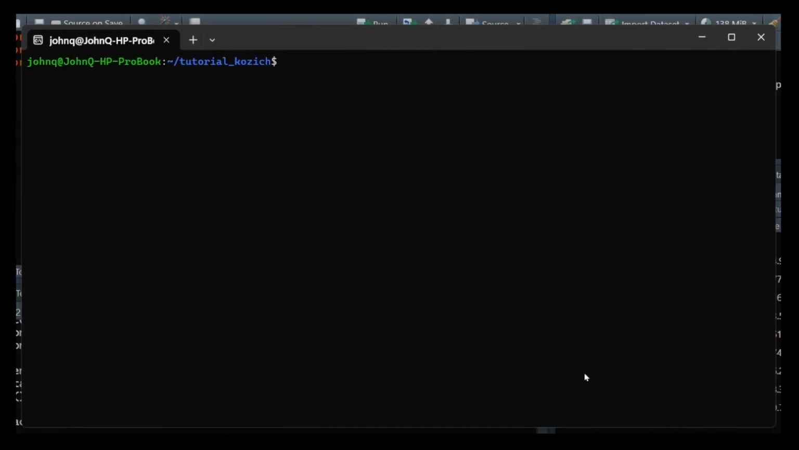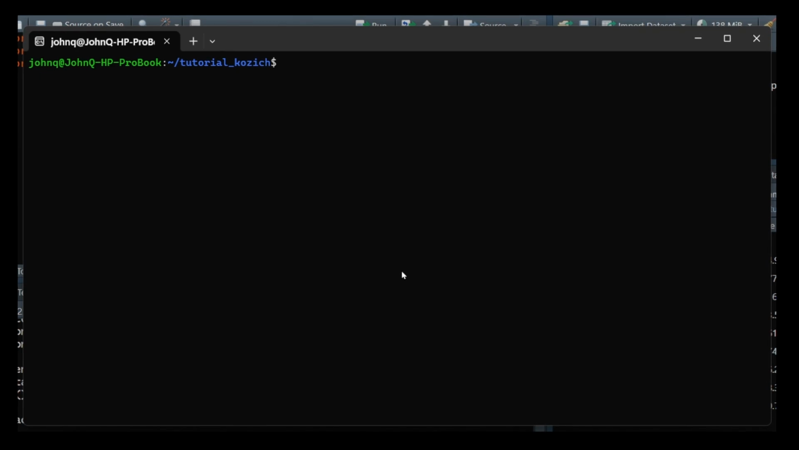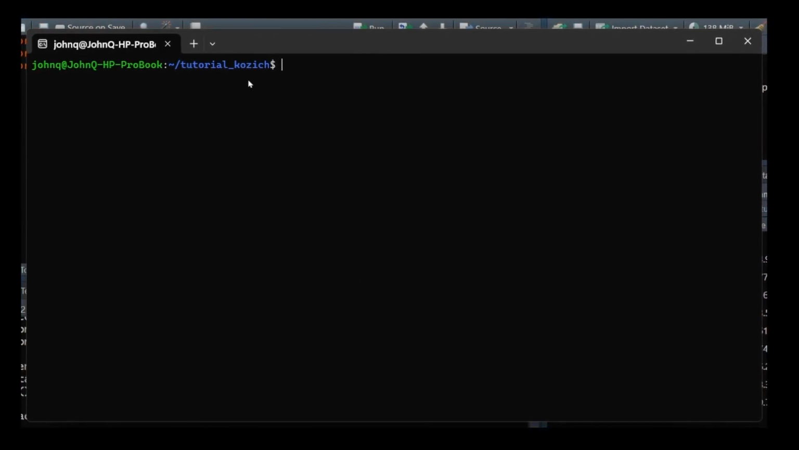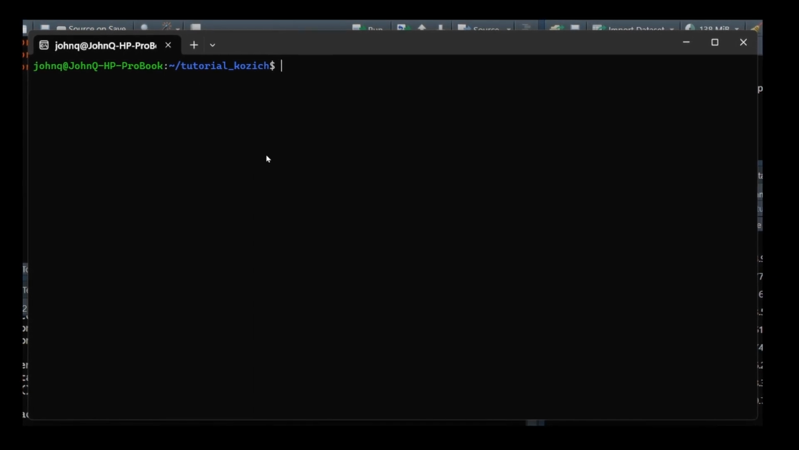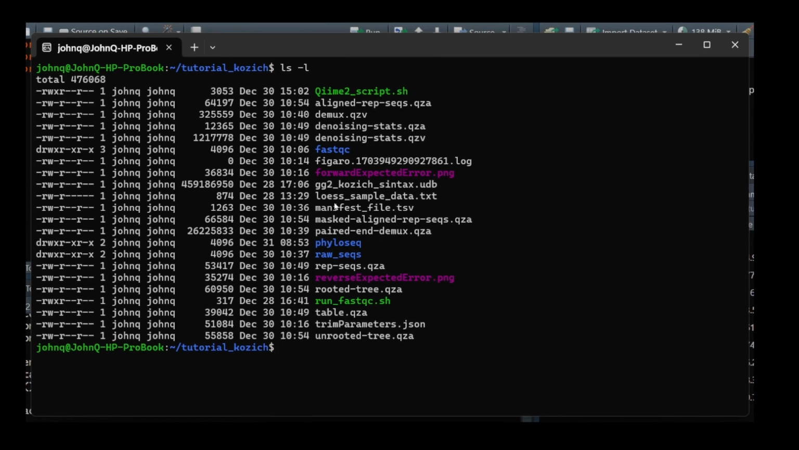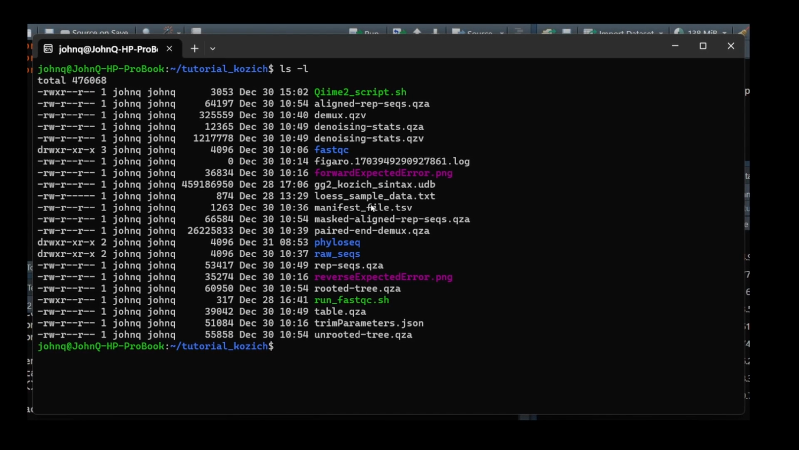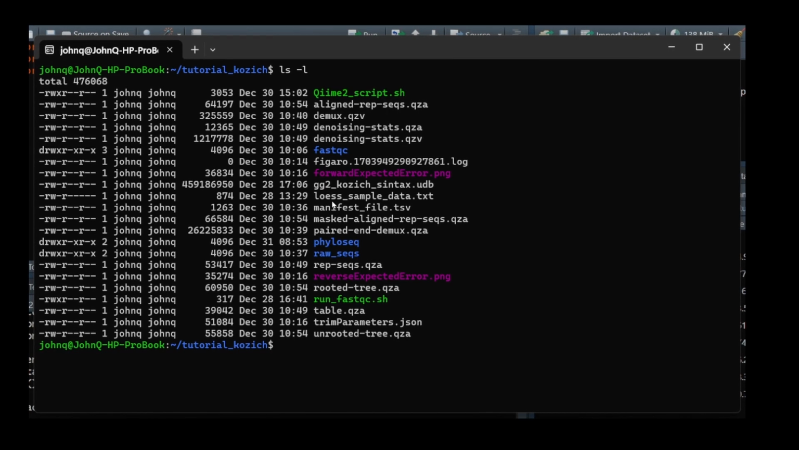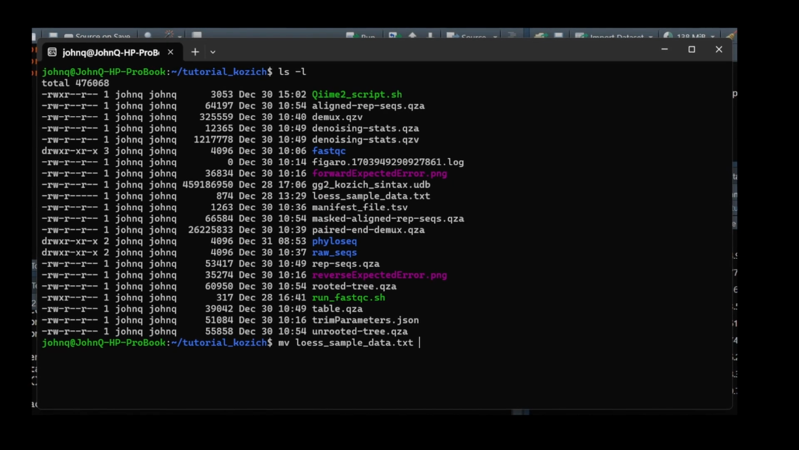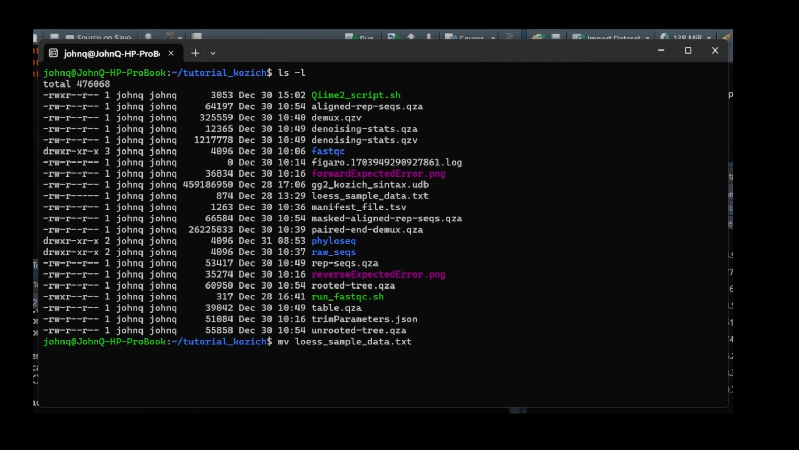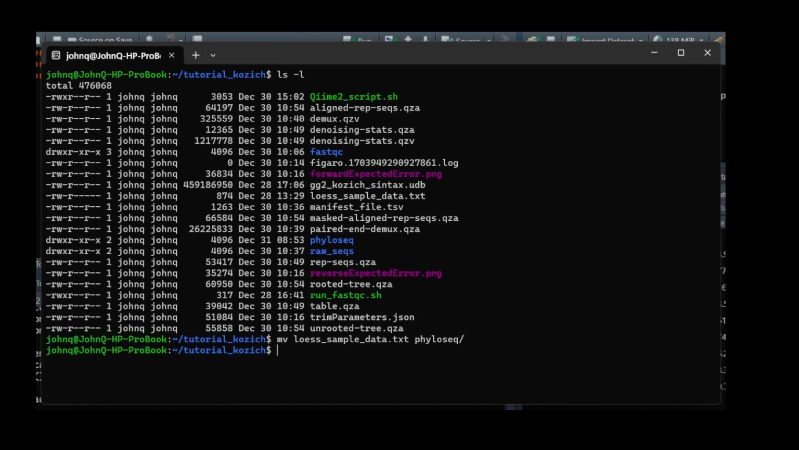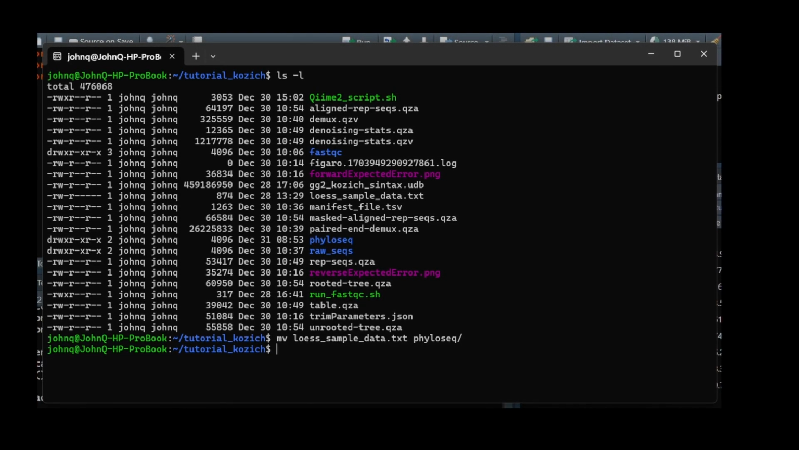So now there's one more thing that we need to do before we start assembling our phyloseq object. If we look at the contents of the tutorial COSIX directory, we see that the sample data table I sent you is still in this directory. We need to move that to phyloseq. So mv, the name of the file, and then the destination. And now if we look at the contents of the phyloseq directory,